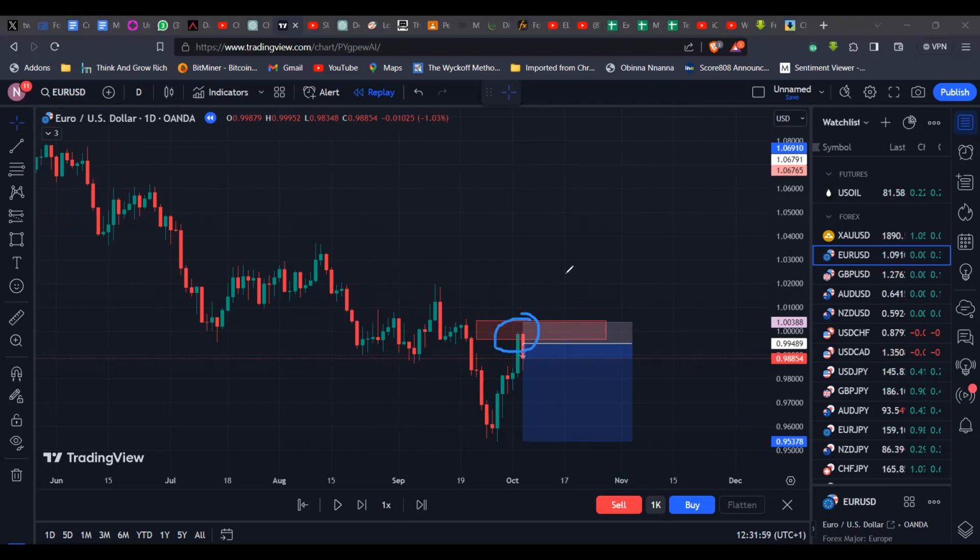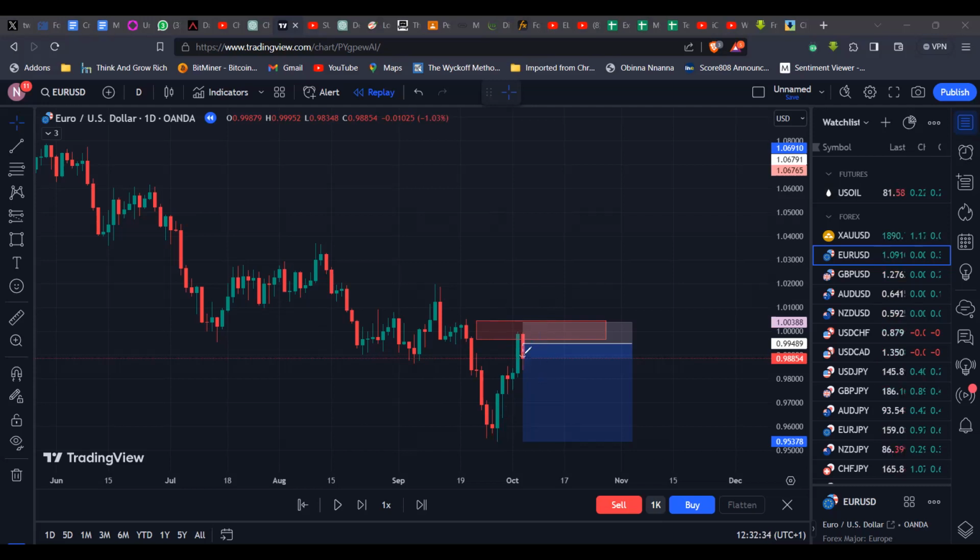So we have an area we're interested in, then we look for confirmation that price really wants to go there, because before you start selling, you want to see that there's selling pressure, right? Confirmation can be anything from candlestick formations to Wyckoff accumulation or distribution semantics, or counter trend line or trend line breaks, right? On a smaller time frame, you could be looking at something like this, where there's a counter trend line. Remember, the overall structure is bearish, but then there's a counter trend, which is bullish, and you're waiting for that counter trend line to break, and then you use that as a reason to sell.